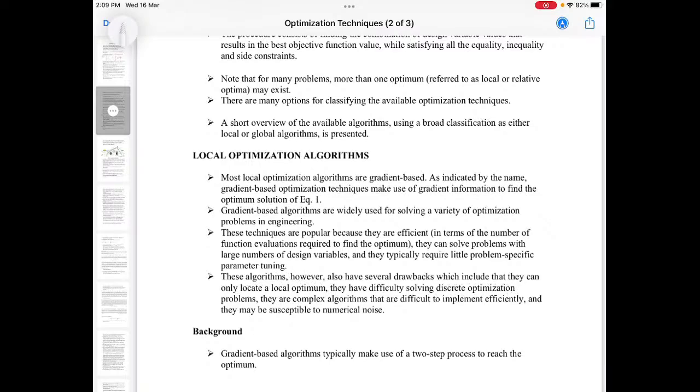When a problem like discrete optimization comes up, the algorithm becomes complex. The algorithm becomes complex in the case of discrete optimization, and that is difficult to implement efficiently, and they may be susceptible to numerical noise. So there is a chance that the algorithm will actually be affected by numerical